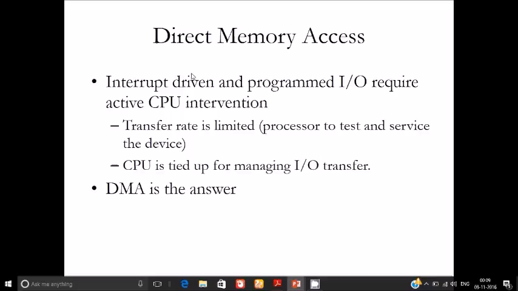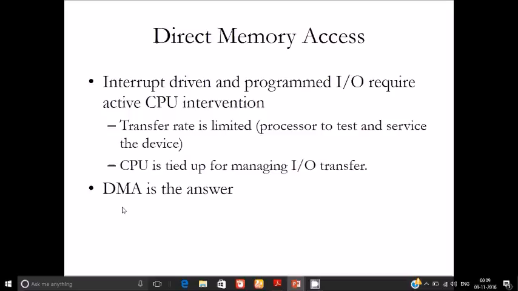For this problem: interrupt driven and programmed input output require active CPU interaction, the transfer rate is limited, and the CPU is tied up managing the input output transfer. For this problem of overstraining the CPU, the solution is DMA, direct memory access.